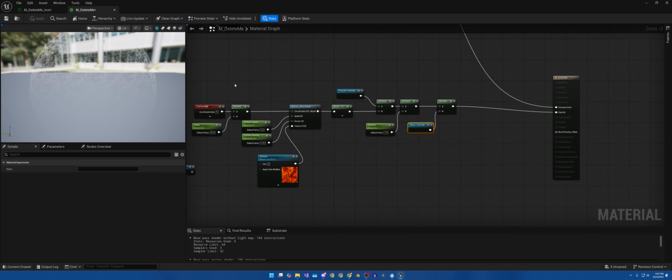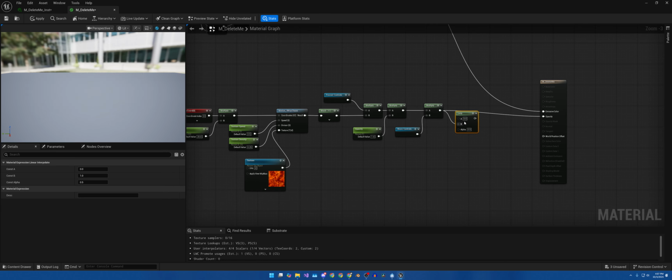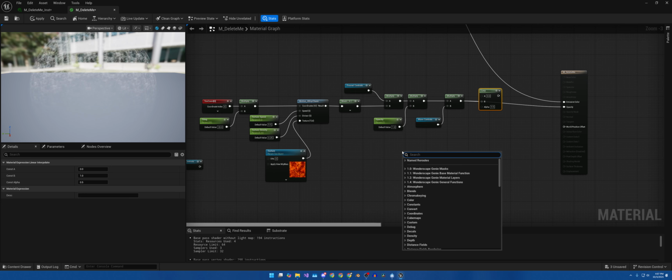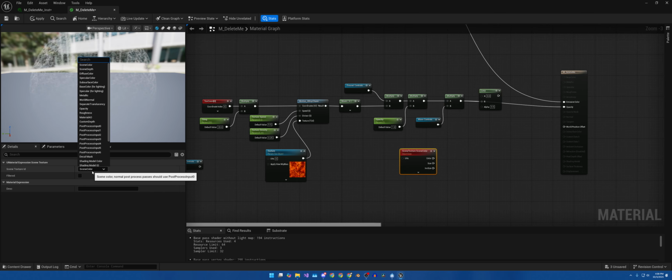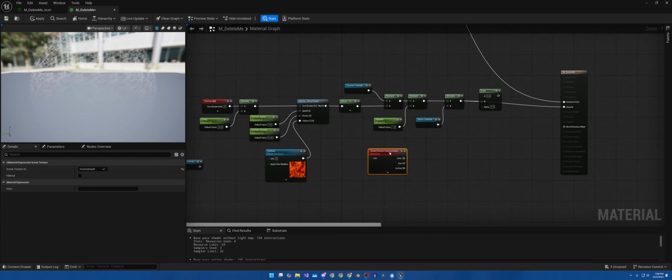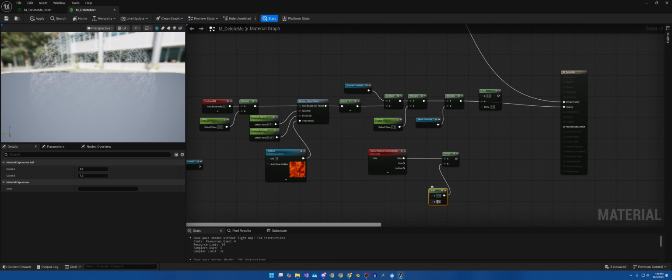Alright. The next thing we want is a lerp node. Plug it into B. A will be left empty. We need to get a scene texture node. And we now need to get a custom. We need to be custom depth. Hold down D for a divide. Again, and add. B will put